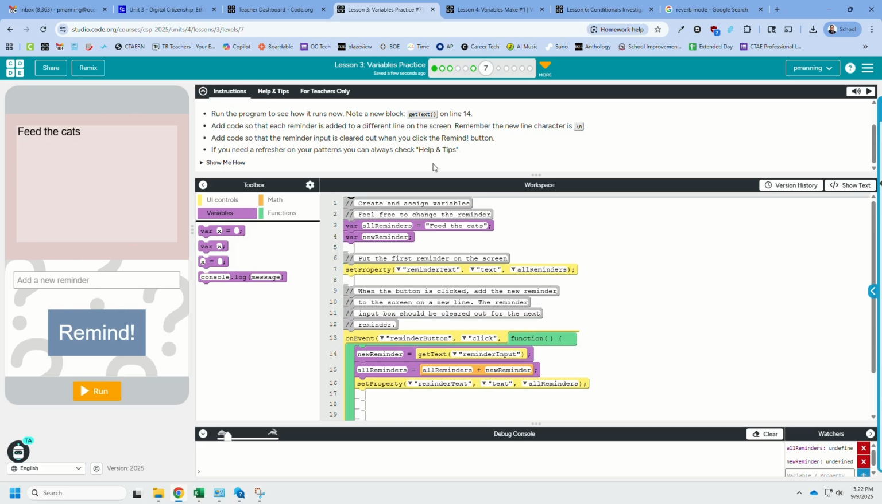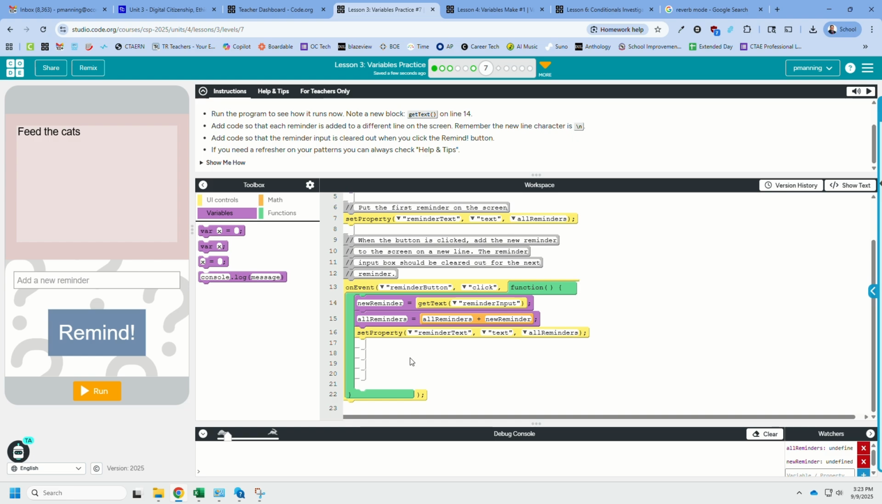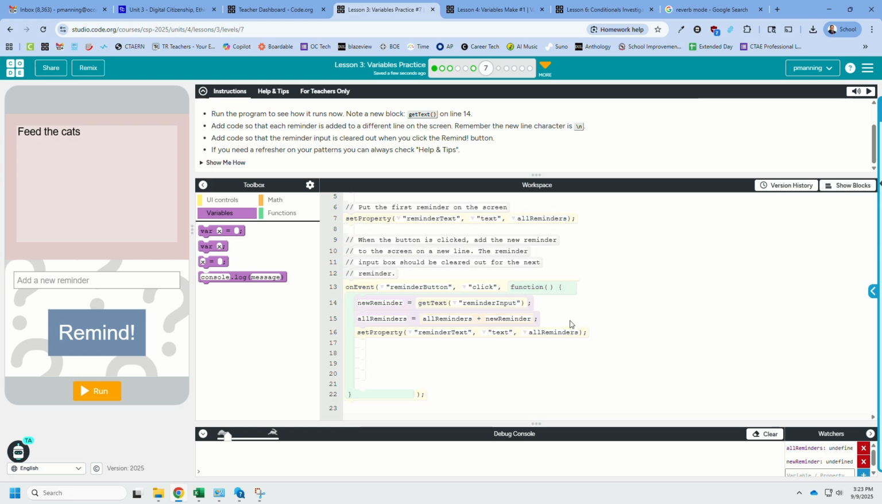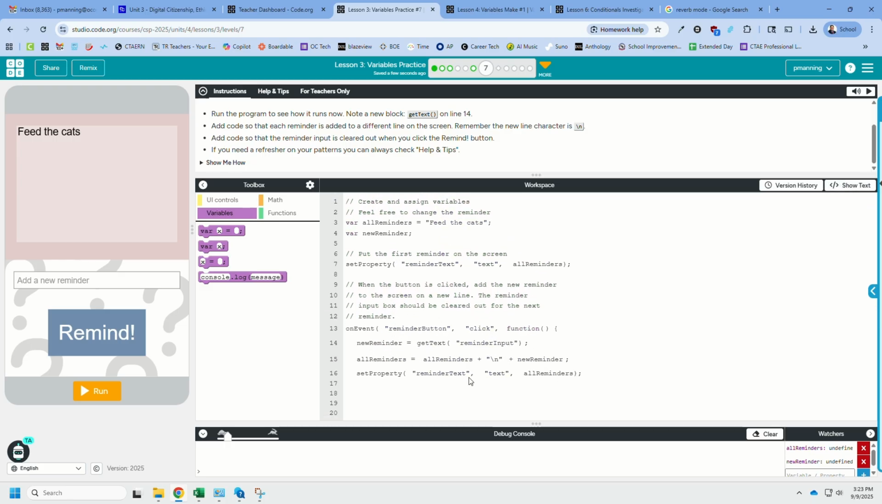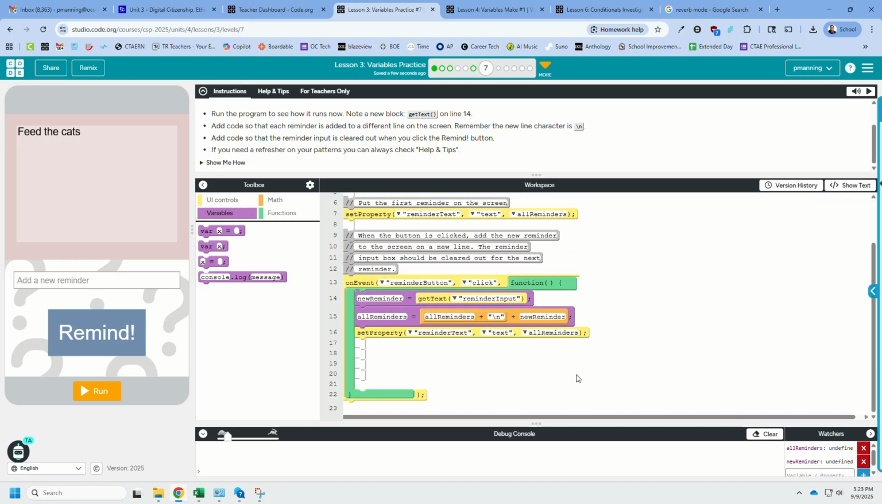somewhere else. So we want to add code so that each reminder is added to a different line. Add code so that reminder input is cleared out when you click the remind button. So we're going to do both of those, okay? So we're going to go to text mode, and to make it be on a new line, we're just going to add the \n, and you'll see why I like to do it this way. All right, we can go back to block mode. Okay, that should work. Okay, so they want to set to all reminders,